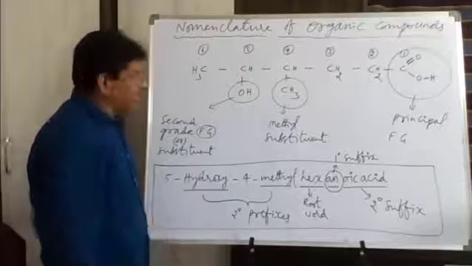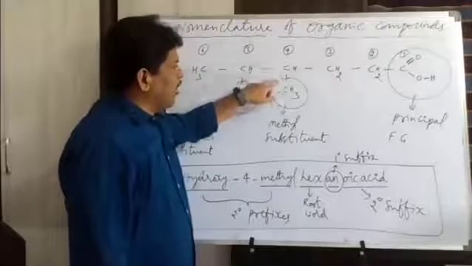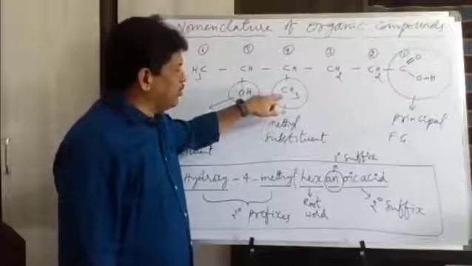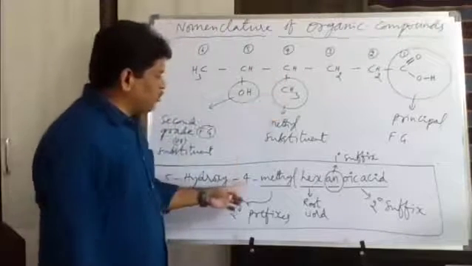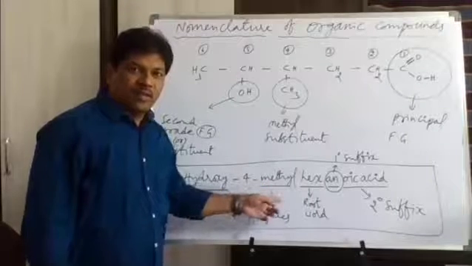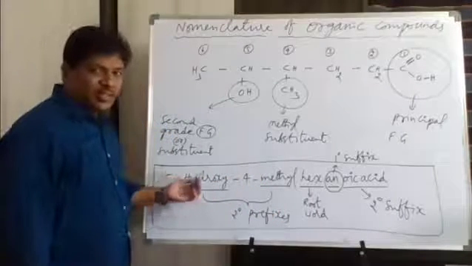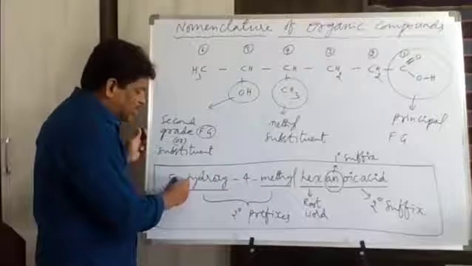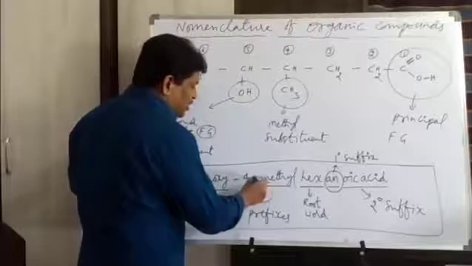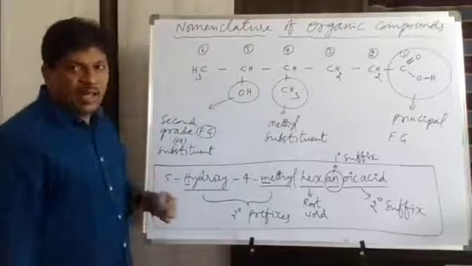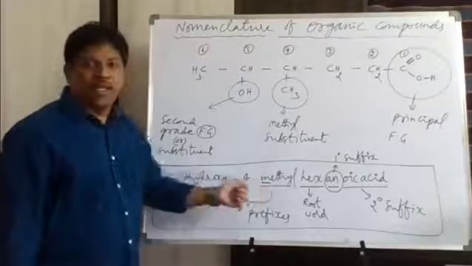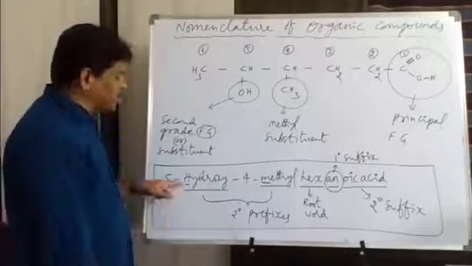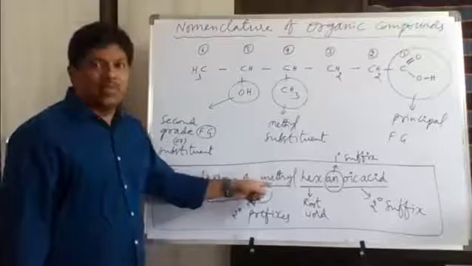This hydroxy is representing the OH group. Next, on the 4th carbon of the parent chain, how many methyl groups are there? 1 methyl group is present here. So where is this methyl located? On the fourth carbon atom. So we say 4-methyl. And why have we written 5-hydroxy first, and only then 4-methyl? In hydroxy, the first letter is H, and in methyl, the first letter is M. Alphabetically, H precedes M. That's why we write hydroxy first, then methyl.